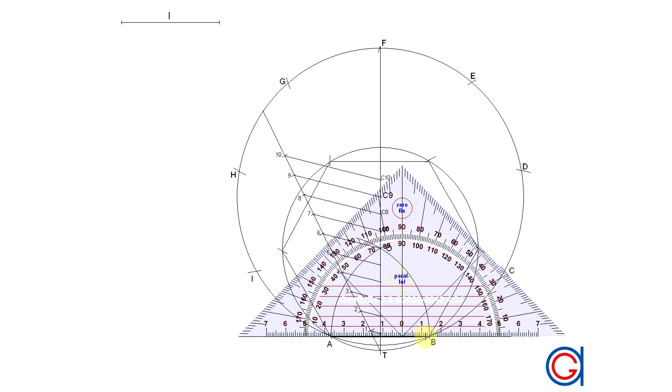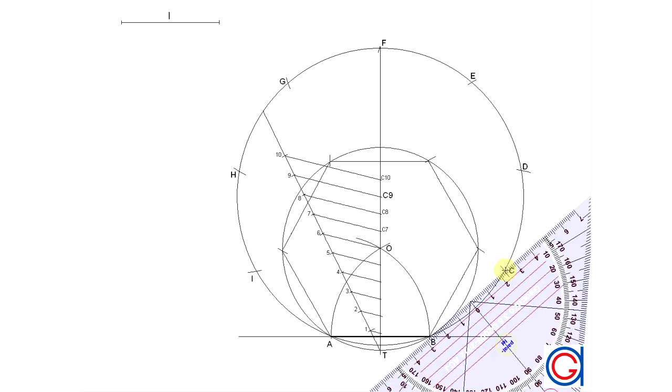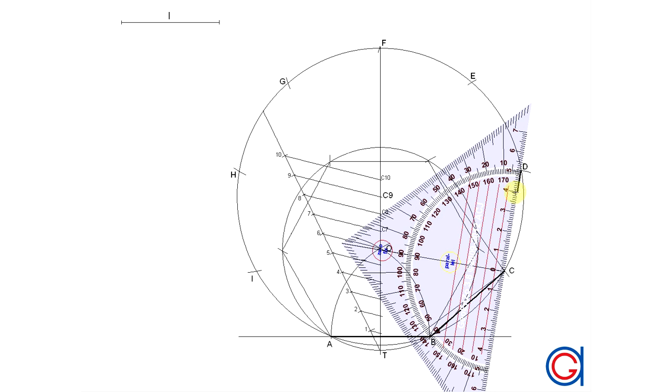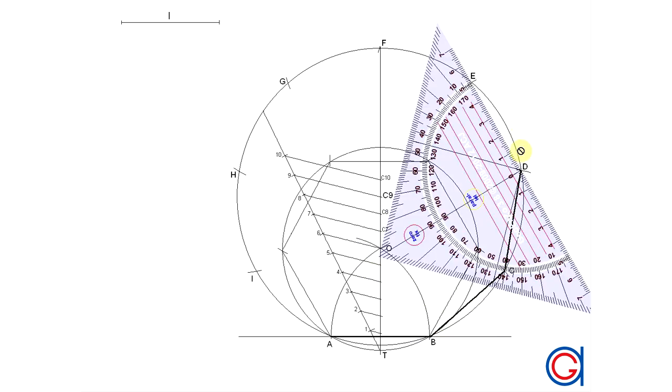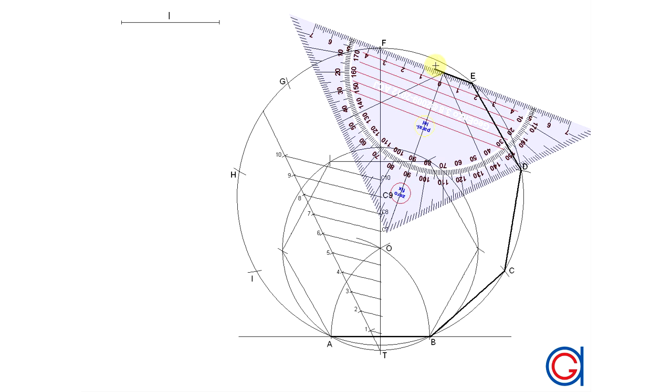So we join from A to B using our set square or our ruler, from C to B, from D to C, from D to E, from E to F,